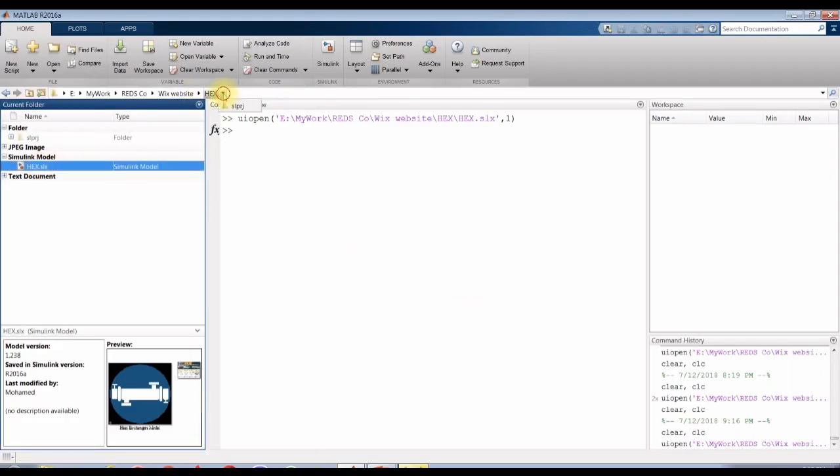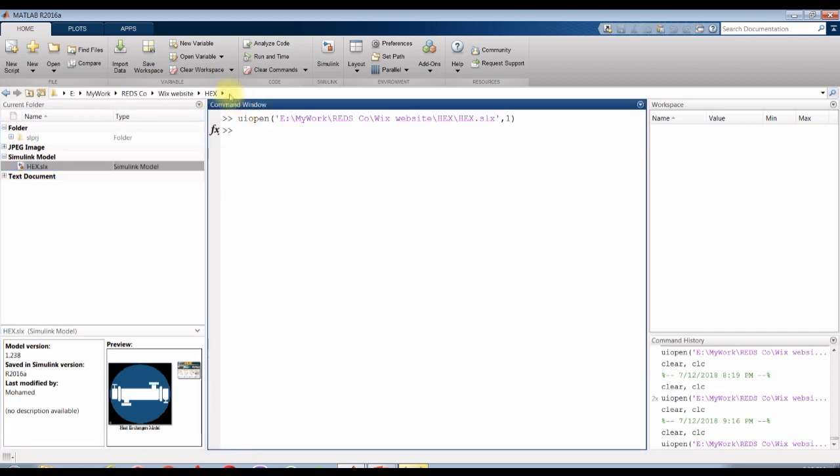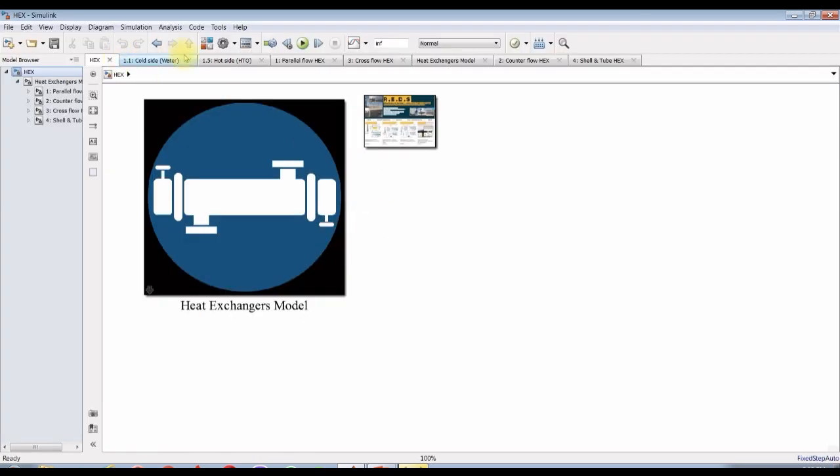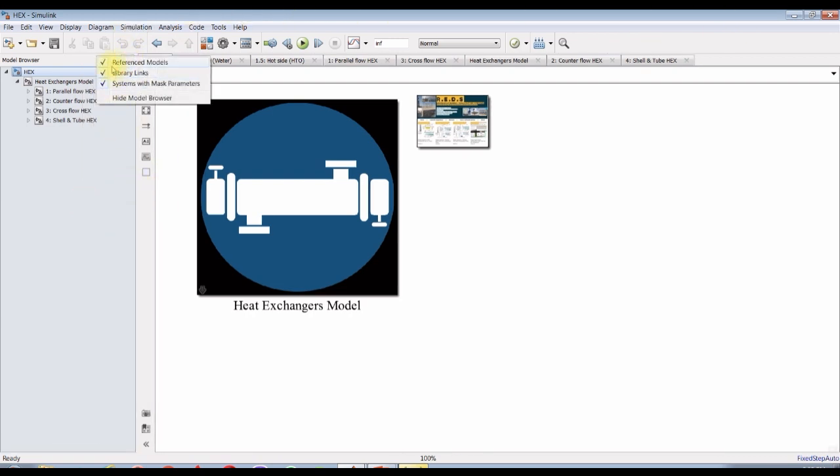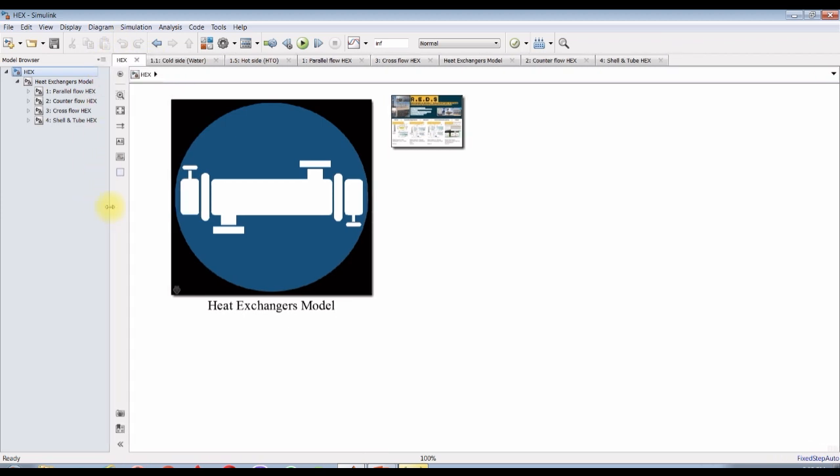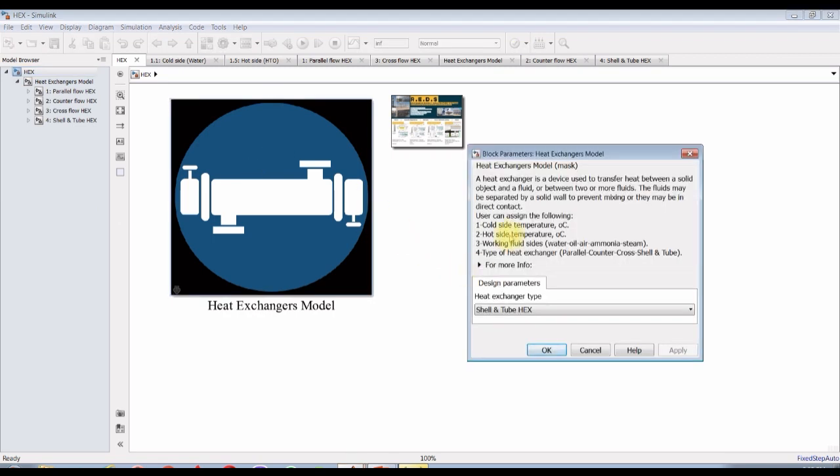You have to go to your specific location, your folder. Open your folder. You'll find this file. Double click on it. Okay, your model should appear like this. Try to assign the reference model. Okay, everything is fine. Let's go. Double click on this block. As you can see here,